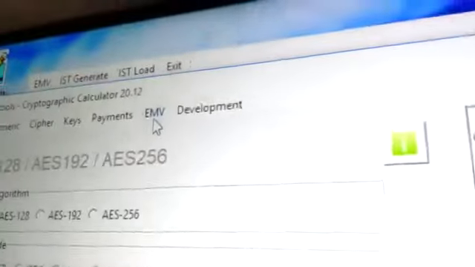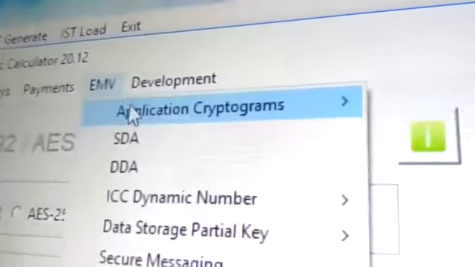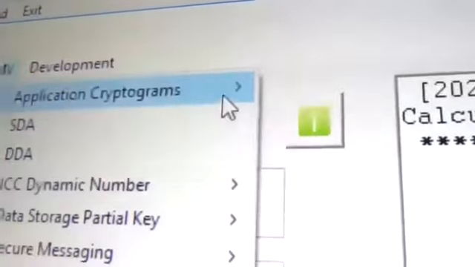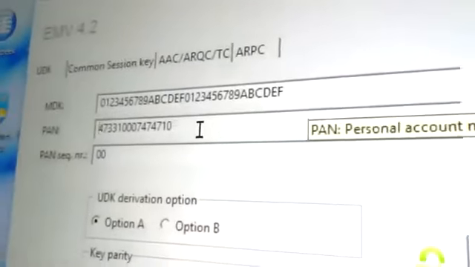So here's, like I was saying, on that blockchain, there's going to be padding data. We're going to go to DMV, cryptograms, 4.2. And here where it says PAN, that's where you put the number